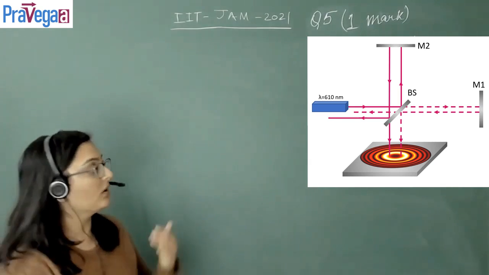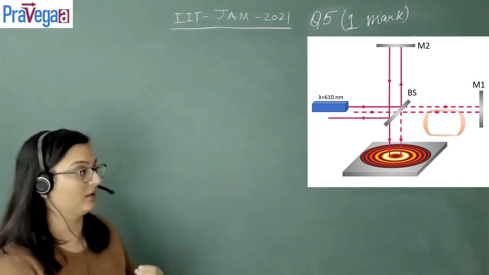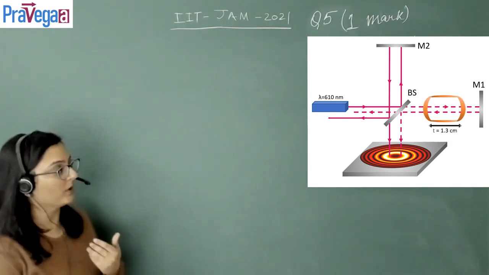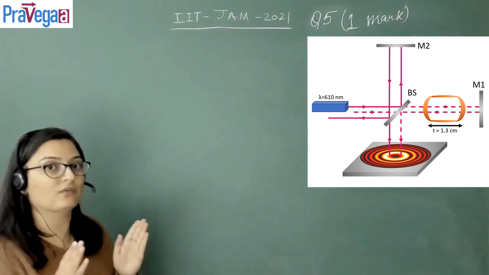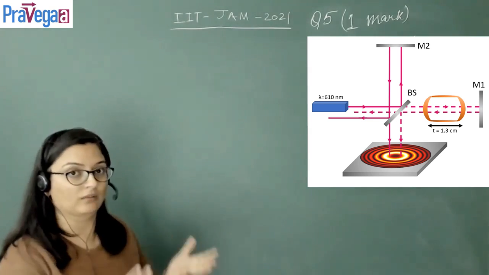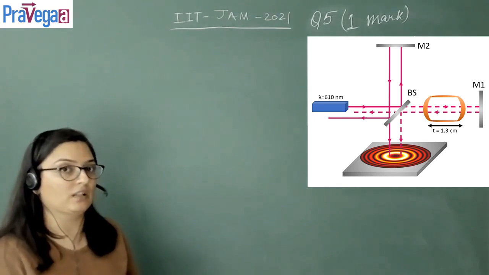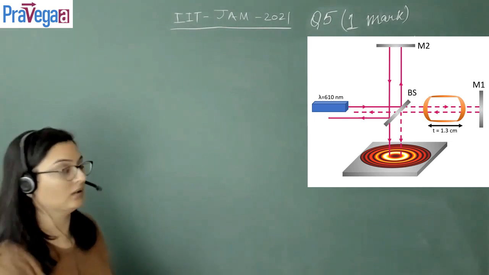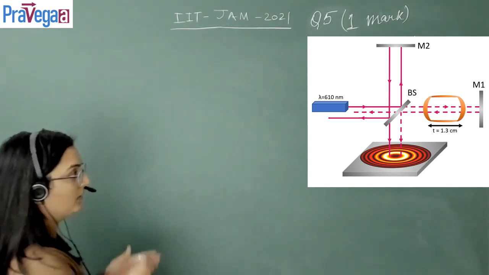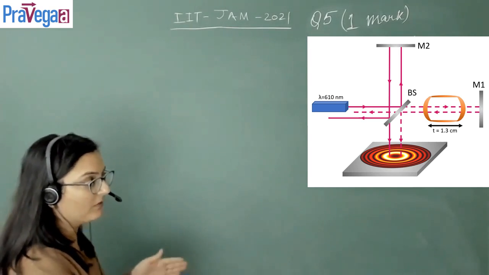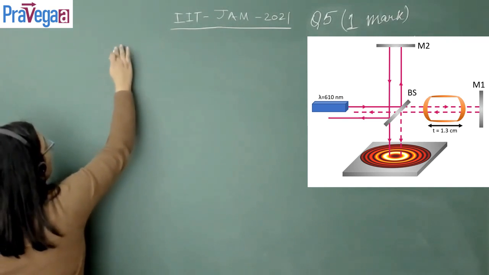So now it is also given that in one of the paths, a glass cavity is introduced of thickness t, which is equal to 1.3 centimeter. And initially we take it as filled with air. That means the refractive index of the medium inside the cavity is 1. And in this case, the path length traveled by this beam can be given by, let's say,